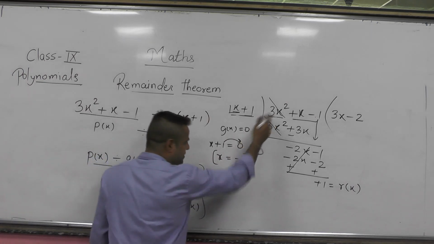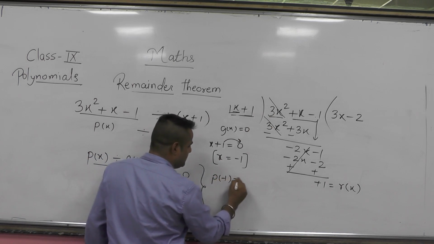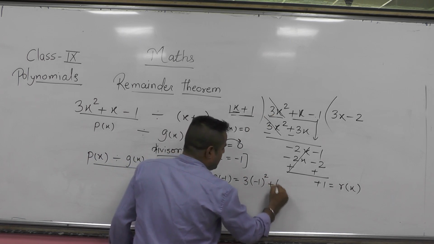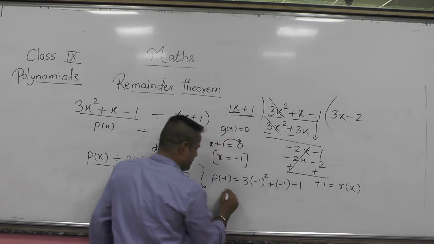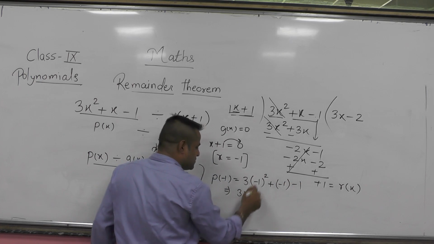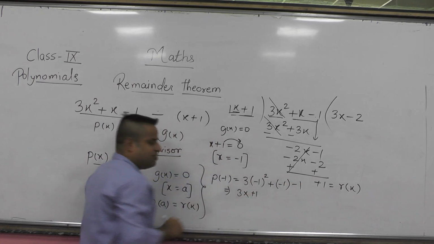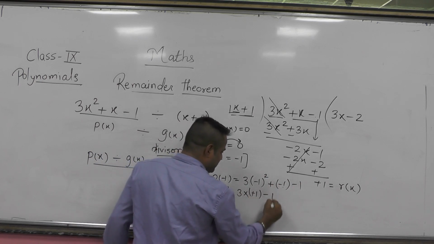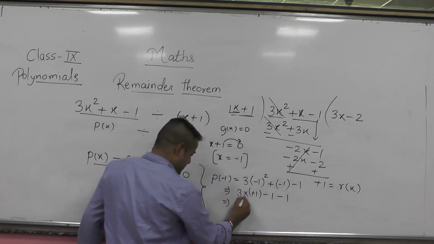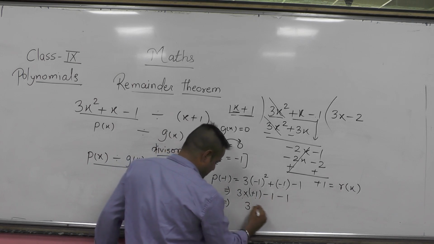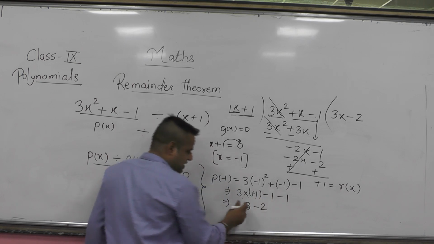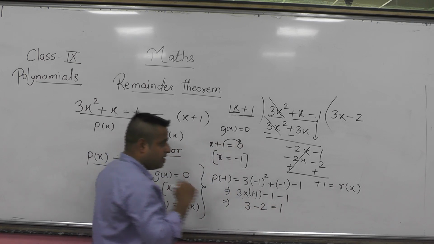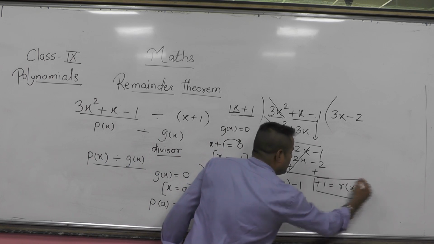Now we are putting it in the polynomial to get our remainder. Now let's put this value here. P of minus 1, we are putting it here. 3 times minus 1 square plus minus 1 minus 1. Now, as you all know that minus square is plus, so that minus 1 square results in plus 1. Okay, here plus minus minus 1 minus 1. 3 ones are 3 and minus 1 gives us minus 2. Then 3 minus 2 will result in 1 and we get the remainder 1 here only.